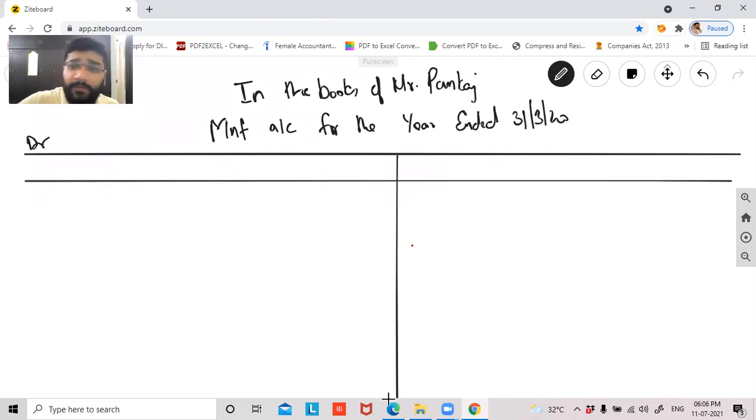So guys, the debit and credit format is very, very important. Please do not miss on the format. Particulars, rupees inner column, rupees outer column. Again, particulars, rupees inner column, rupees outer column.